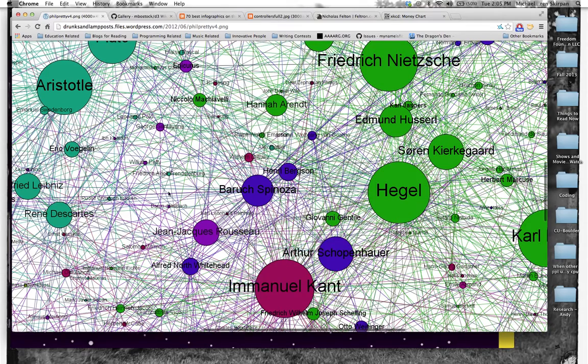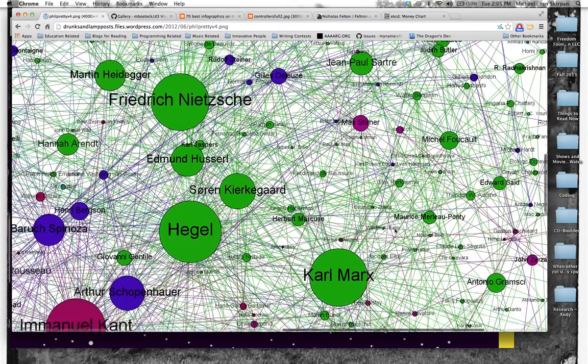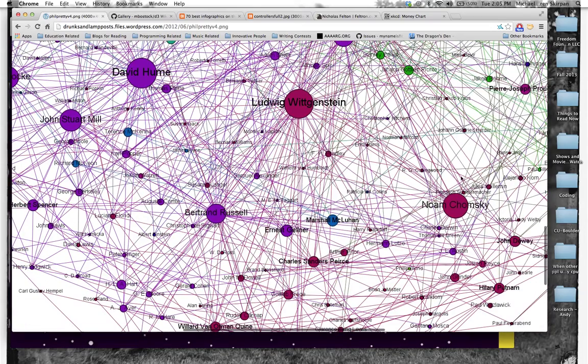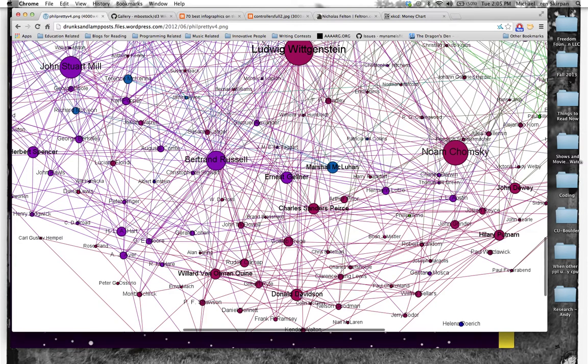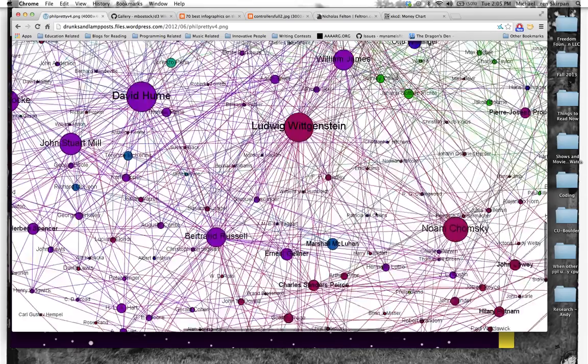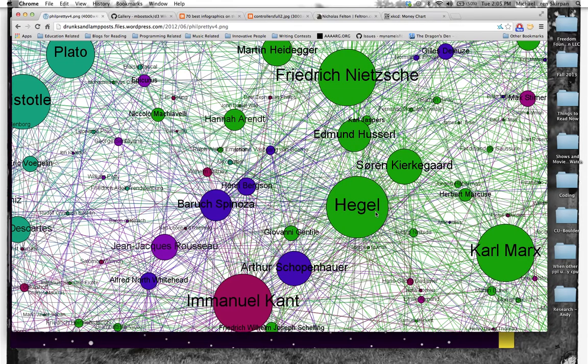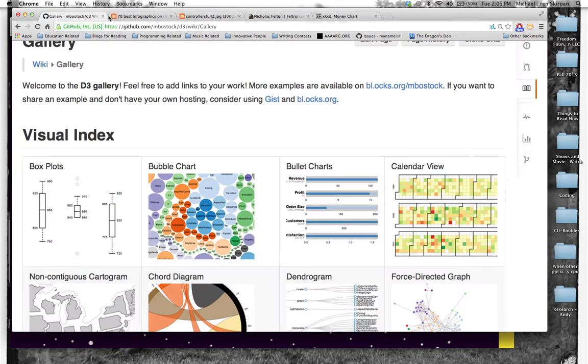So as expected, Kant, Aristotle, Plato, Nietzsche, Hegel, big. Marx, big. Wittgenstein, maybe getting bigger. Chomsky, kind of small. Quine, kind of small. Davidson, kind of small. And then, people like Wilfrid Sellars, who I love, but no one knows of, very small. But you can learn something about this graph, but it doesn't necessarily do much more than an echo chamber does. We know this landscape. We can't learn anything from it, but for someone who doesn't want to do all the research into these philosophers, it can help them see something. Okay, so then